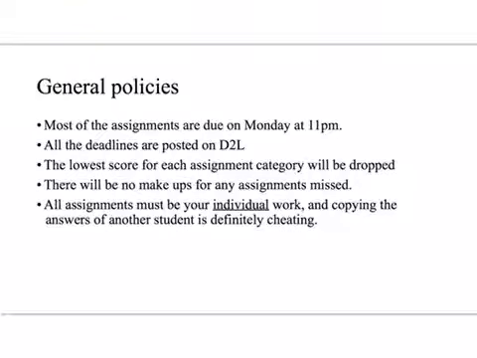One thing to pay attention to is that the lowest score for each assignment category will be dropped. What does it mean? Well, I'm not allowing you to make up any work if you miss the deadline for any reason, but it's not the end of the world. If you miss one quiz, there's nothing to worry about because that quiz is not going to count towards your final grade. So if you miss a quiz for whatever reason, or lecture notes assignment, or any other assignment,